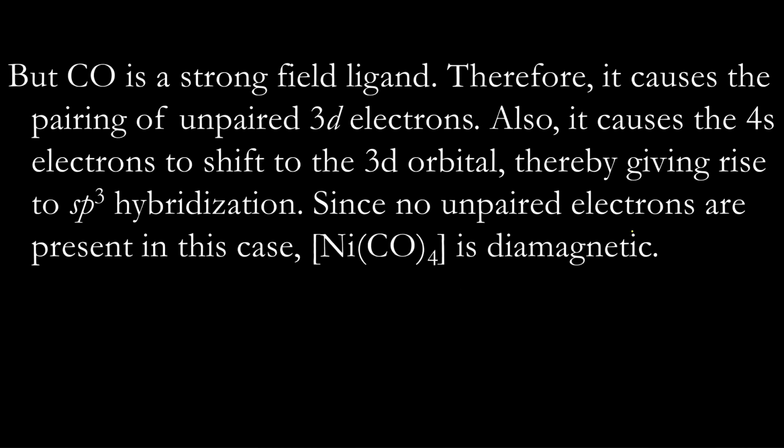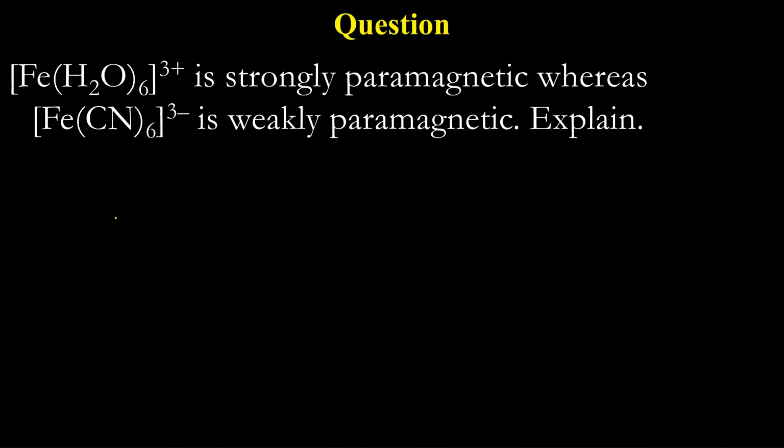So it causes the 4s electrons to shift to 3d orbitals, thereby giving rise to sp. Fine. And this question is very much common, and normally students skip this question. You should be able to do it. Next,